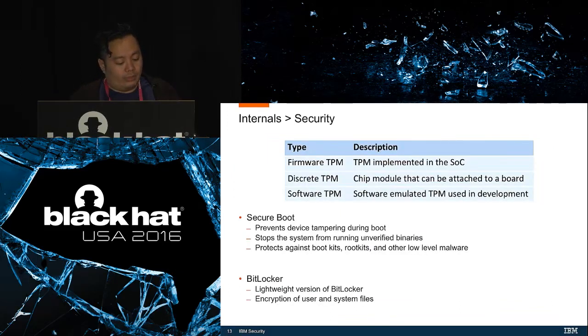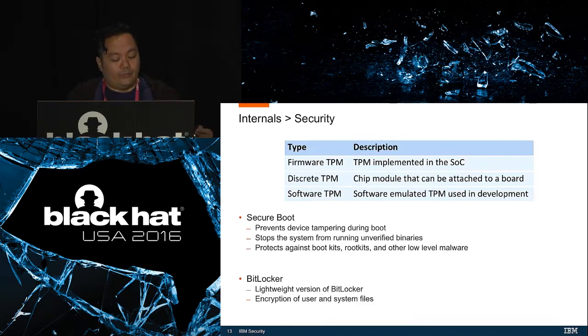Okay, next let's talk about Trusted Platform Module. The Trusted Platform Module is a secure crypto processor that provides cryptographic key creation and storage. Other security features implemented in Windows 10 IoT Core, such as Secure Boot and BitLocker, will only work when TPM is installed. So there are three types of TPMs. First, the firmware TPM, which is TPM implemented in the chip or in the firmware. And the other one is discrete TPM, which is a TPM that's a separate hardware chip module that can be attached to a board. And lastly, there's a software TPM, which is just a software emulated TPM that a developer